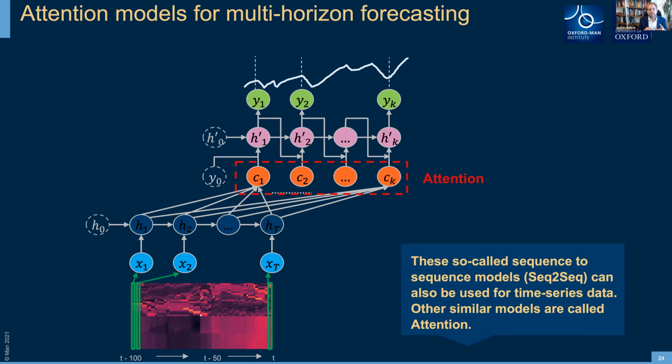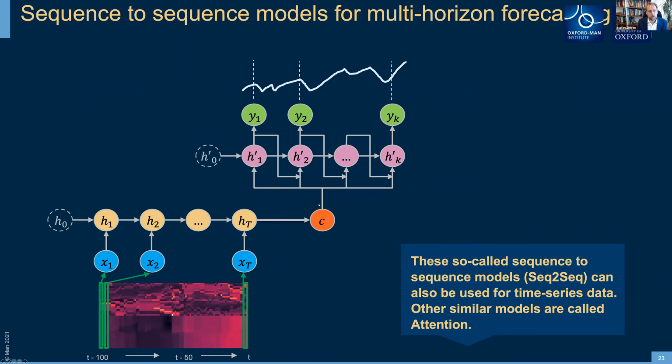So the idea is that rather than having one context vector, it is only having access to the previous memory. So you see here, the context vector only has access to the previous memory. And so the memory effect decays away. So it's very difficult to pass on the memory from the first unit later on. It's easier to forget for these models.